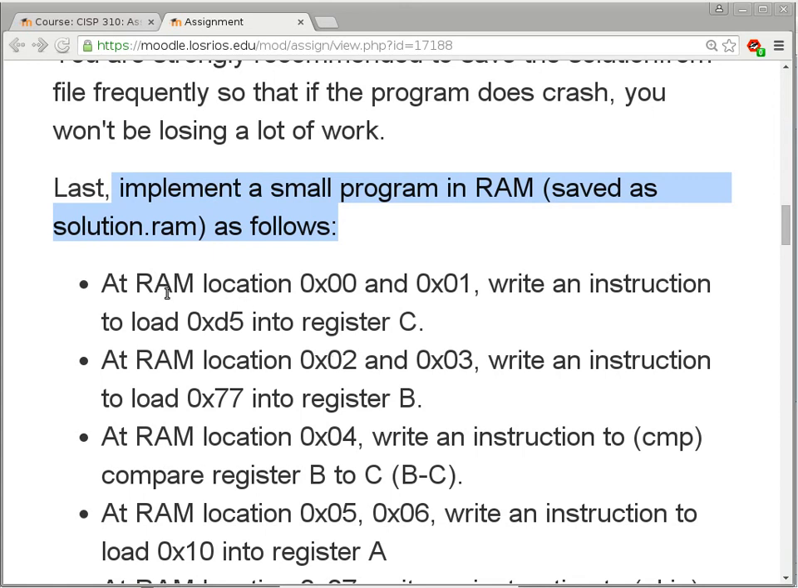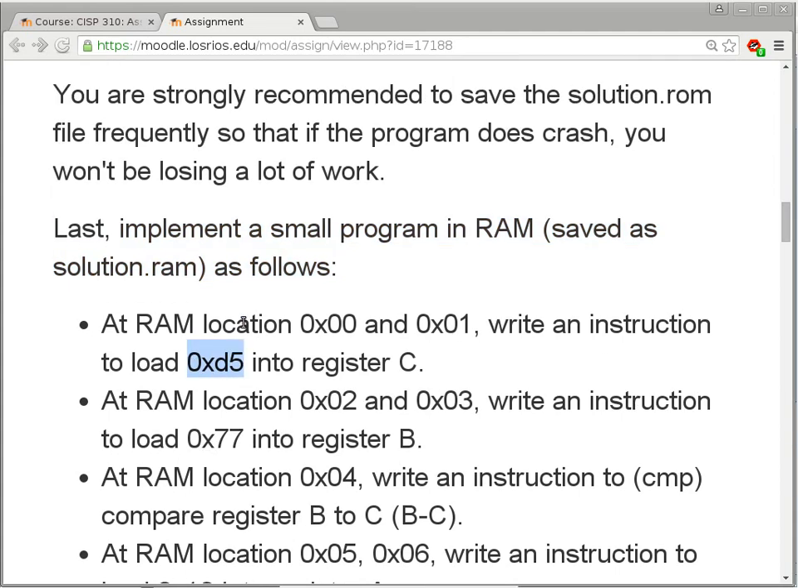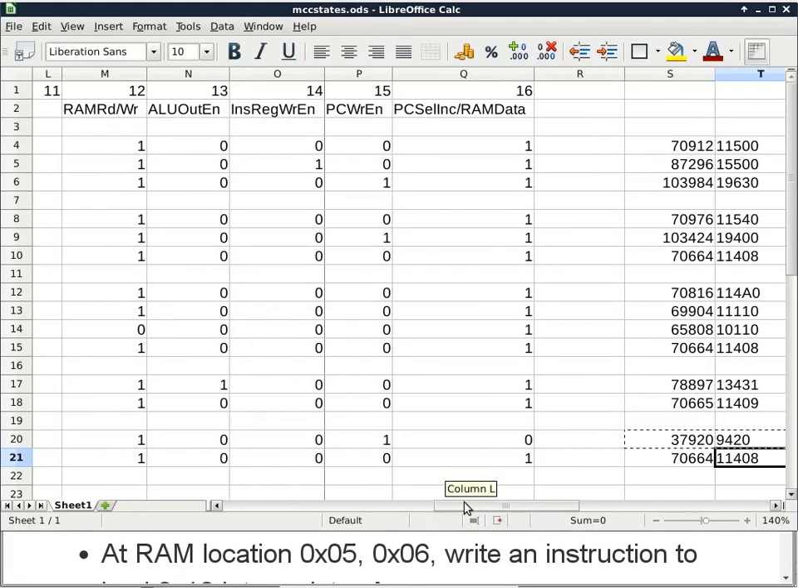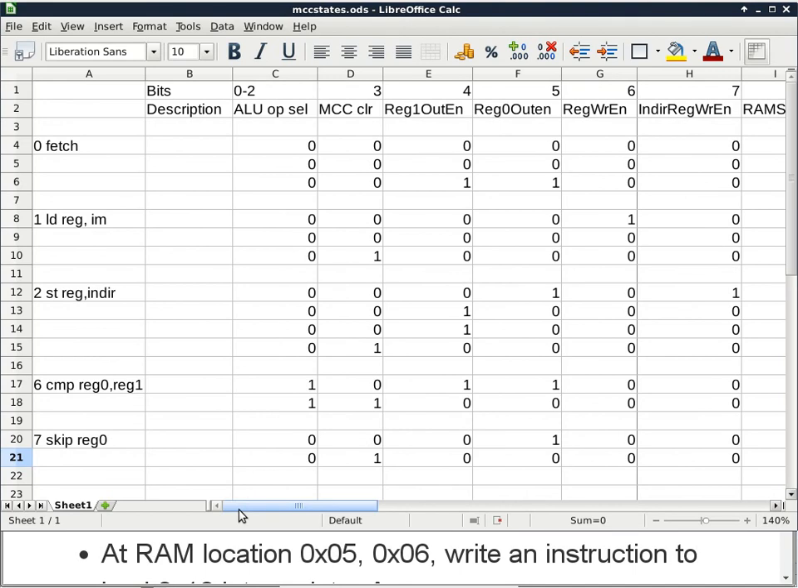So we want to use RAM location 00 and 01 to write an instruction to load a particular constant, D5 in this case, into register C. So how do we specify such an instruction? First thing is to go back to the spreadsheet and figure out what is the opcode, the most significant 4 bits of the instruction that can load a constant into a register. If you look at row 8 of the spreadsheet, that tells you it's the load instruction,